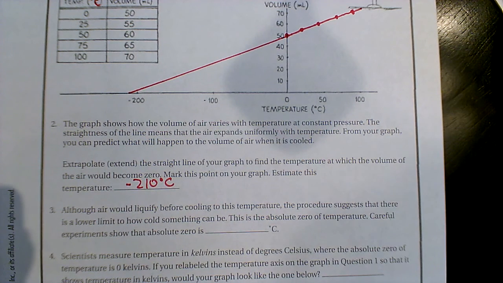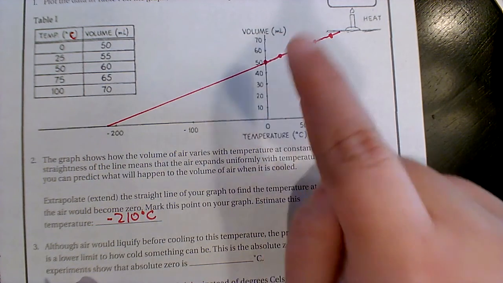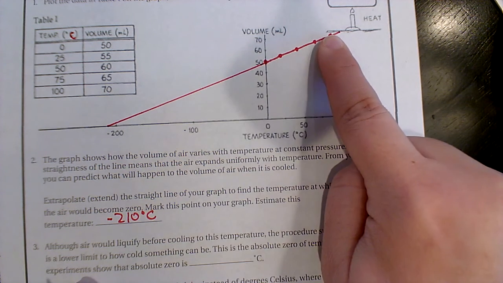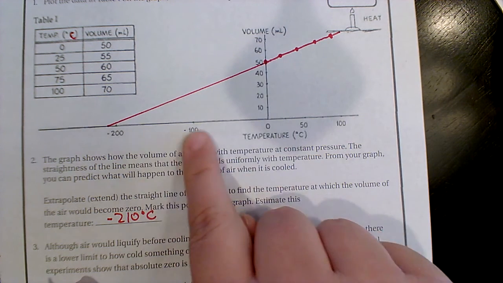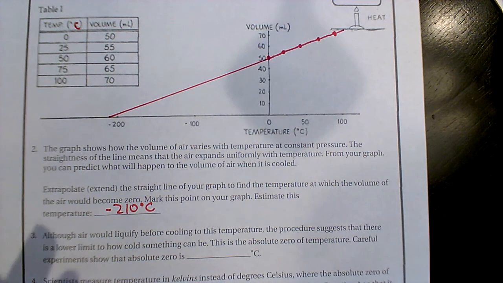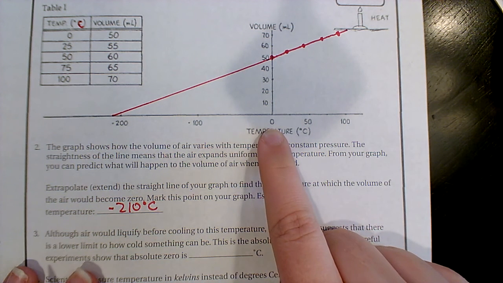So let's think about this, okay? So we said particles that are warmer need more space. That makes sense. They're moving faster, they need more space. So it makes sense that our graph is kind of like this. As the temperature goes up, they need more space, okay? But, does it make sense that we have any temperatures less than 0?